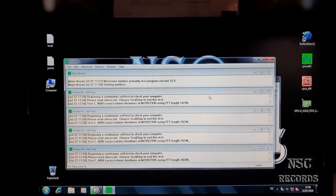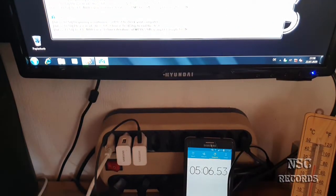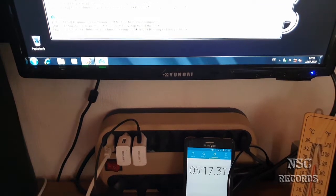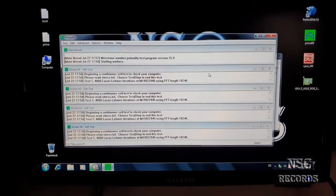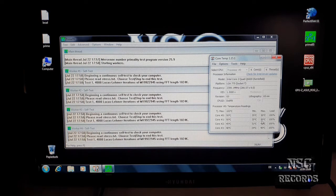Here we go. We're gonna test it right now. So here you can see that 5 minutes, plus or minus 1 or 2 seconds, doesn't matter. So you can see also all the time we are still on about 25 degrees Celsius. I'm gonna now just let this tool here open in the background, and here we're gonna also see the temperatures,